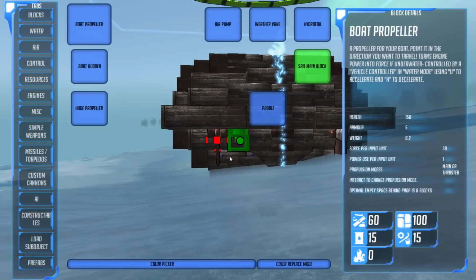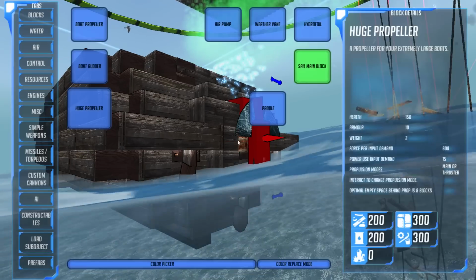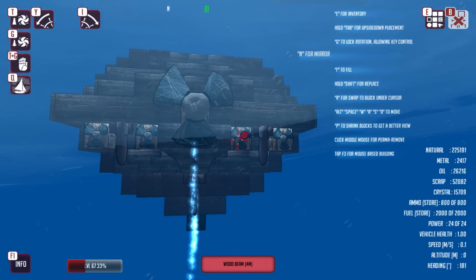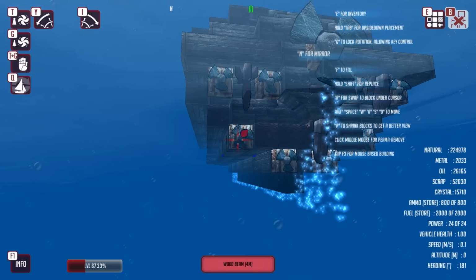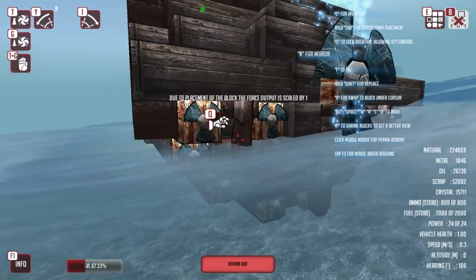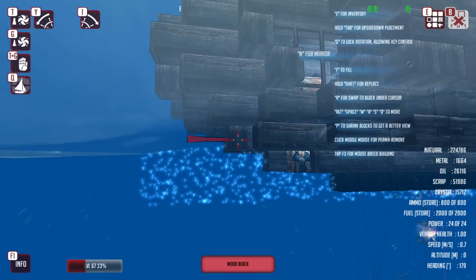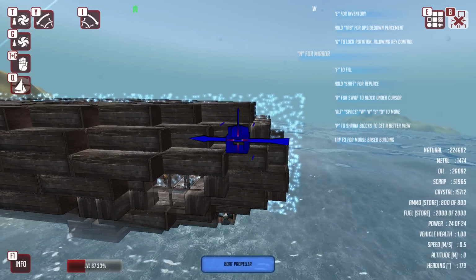Boat propellers. Now, I could have a huge propeller right on the back there. And if this is a sub, that will actually work. So, I see no reason not to. If we surface, however, then many of these will not be accessible. So, we'll have these small propellers to give it maneuverability when it's surfaced. We're going to need propellers along the sides to help it steer as well. When it's underwater, it will actually need...